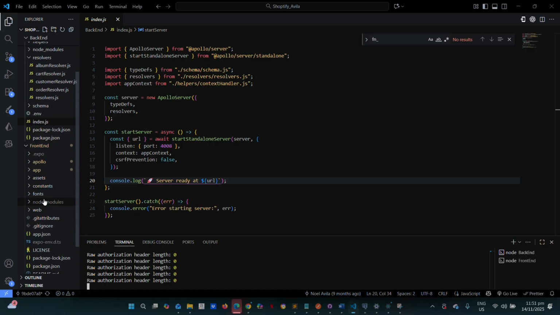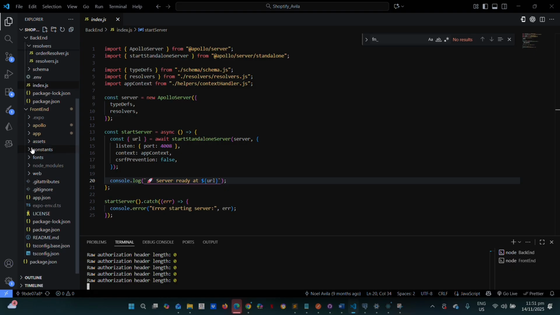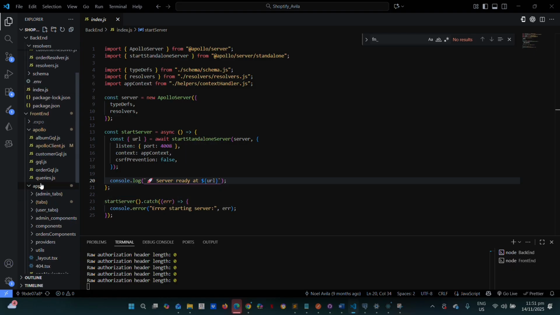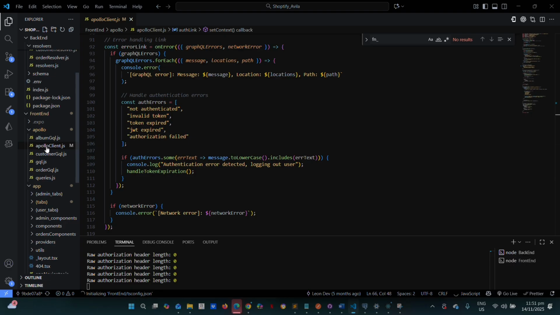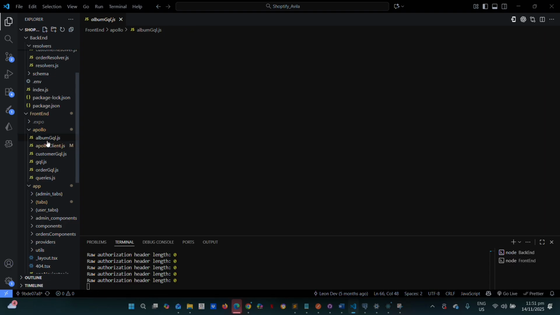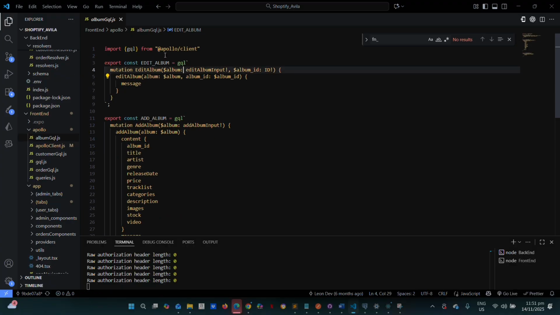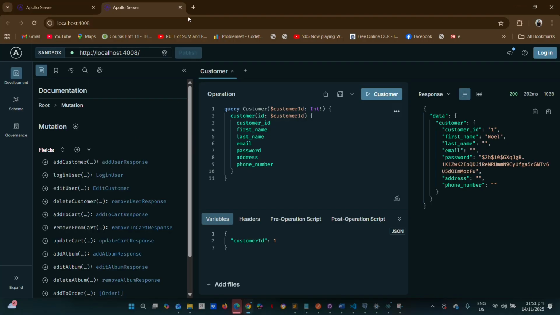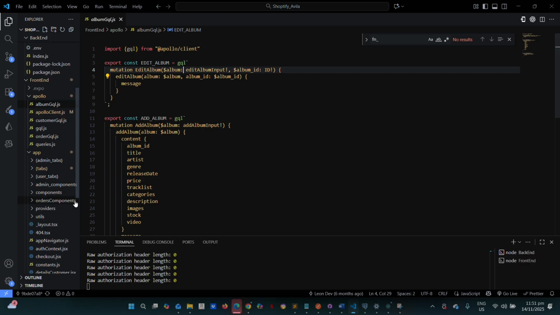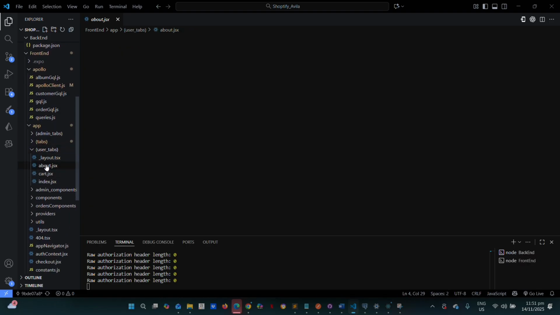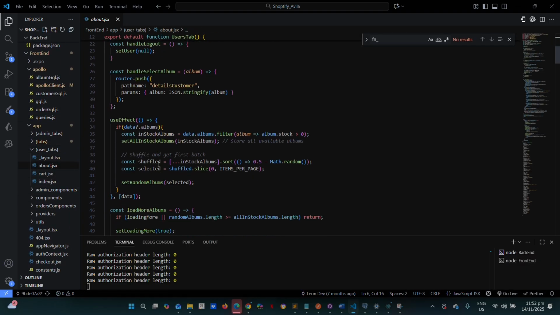So we have to build a front end or the UI. In the UI, we have here the Apollo client, which will fetch, the middleware of the back end. So we have here the GQL. The GQL will be taken from here so that we can implement this in our UI, so it will be seen in the UI. So let me run our front end to let you see.